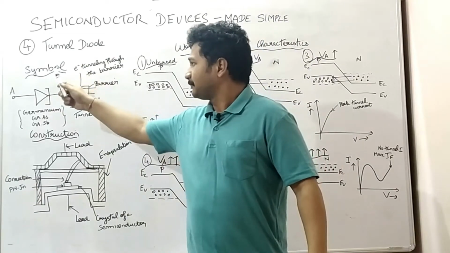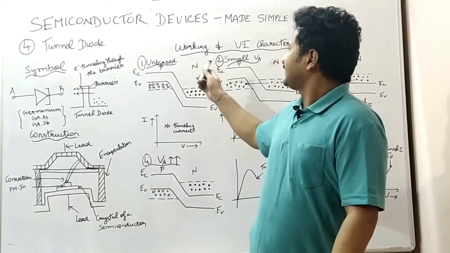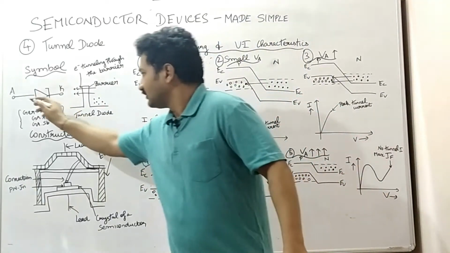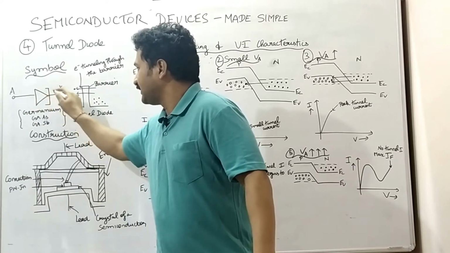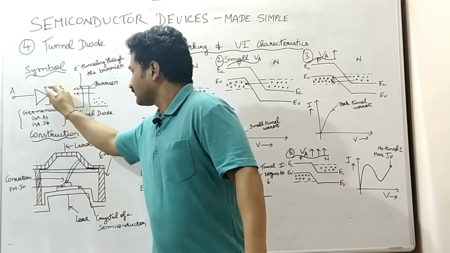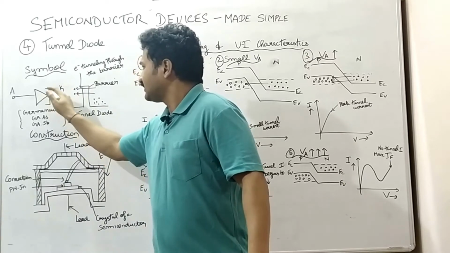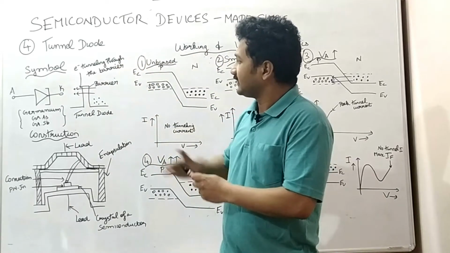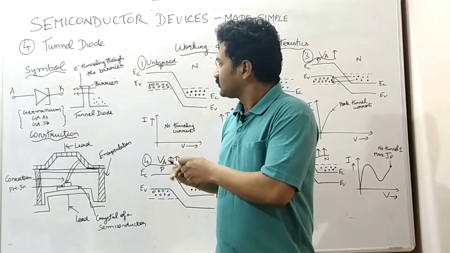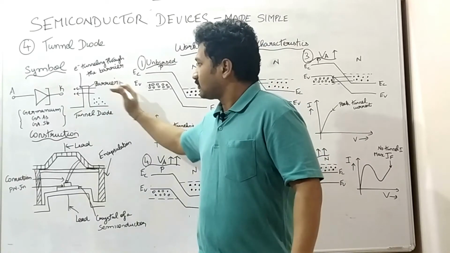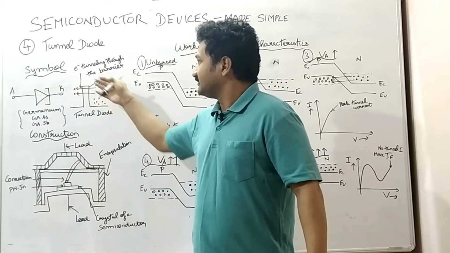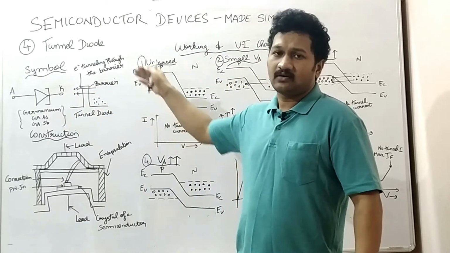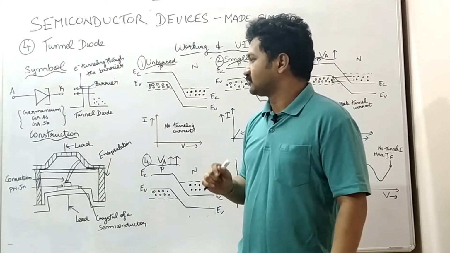So, let's see in a step-by-step way the symbol, construction, working and VA characteristics of a tunnel diode. First one is the symbol. Here you can see the symbol of a PN junction diode with the cathode in this inverted C format. This symbol is called the tunneling symbol. The actual process is explained in a simple schematic here. In a tunnel diode, electrons cross the barrier and when that occurs, electric current is produced. Though the objective is to make the electrons cross the potential barrier for the electric current to be produced.